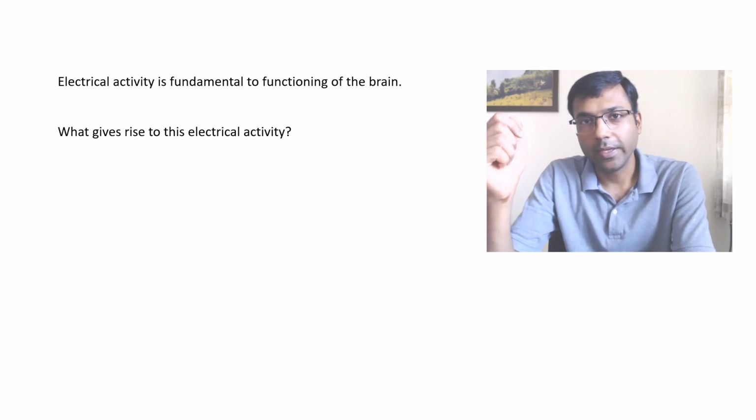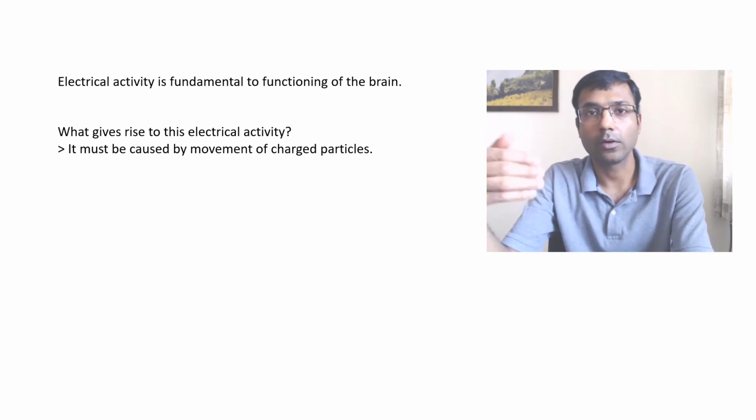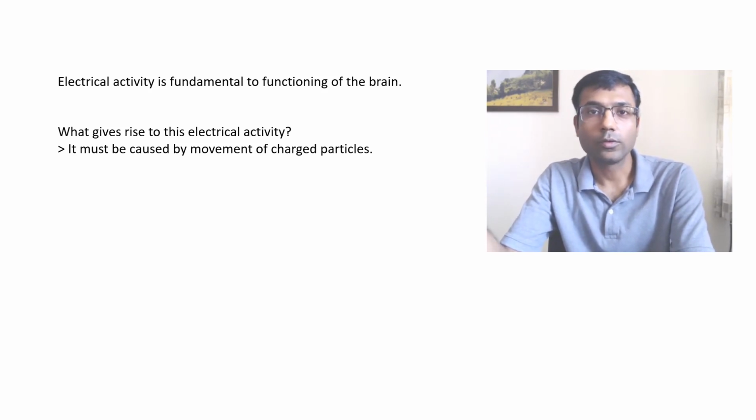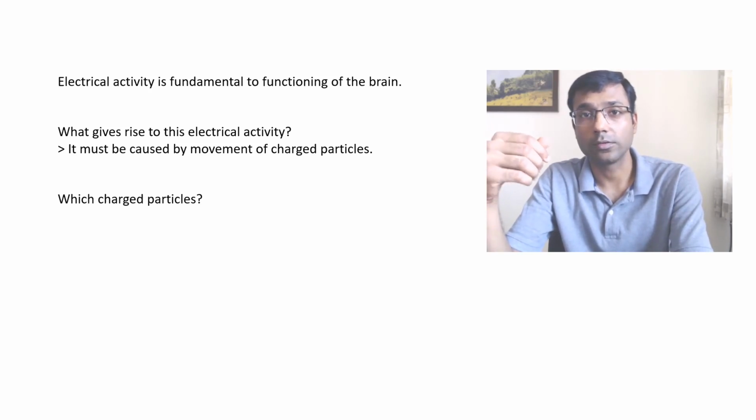Okay, so the activity is actually generated by the movement of charged particles. And this is true in other cases also. Inside a battery, it's the movement of electrolytes that causes the generation of electricity. Inside a metal wire in an electrical circuit, it's the movement of electrons that causes electricity. So in the case of brains also, it's the movement of some charged particles. Now let's try to see if we can guess which charged particles cause the generation of electricity inside the brain.